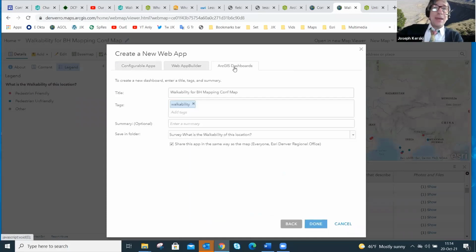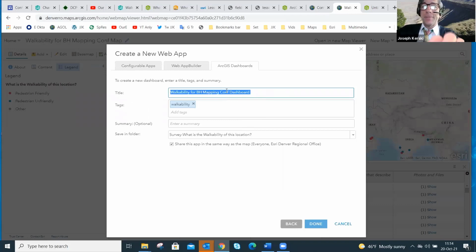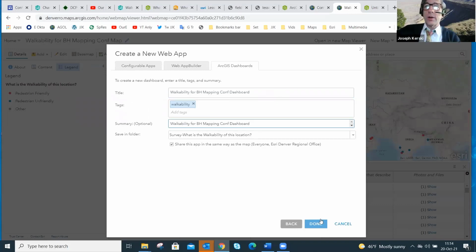And so I'm going to say, hey, I want to create a dashboard. And this is where, again, I know this is slightly redundant, but I'm going to actually say create a dashboard for my walkability data. Okay, so far so good. Hopefully everybody's doing okay so far. You can see that these are fairly intuitive, right? You create a survey, you get a feature class, you create a map from that, and now we're on this create a dashboard from the map. Okay, so far so good.